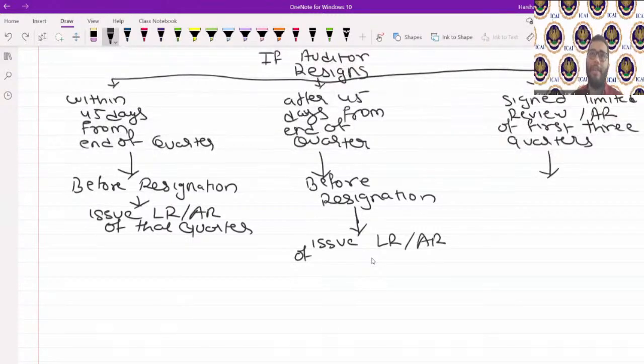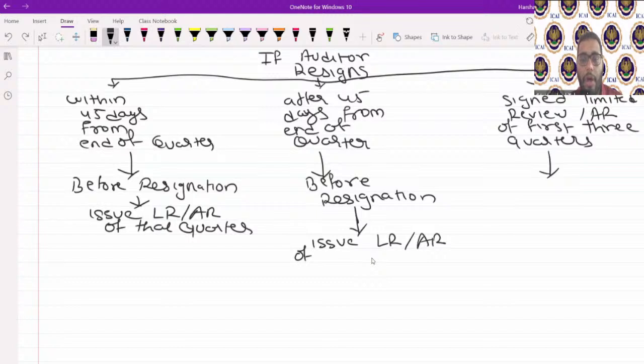So let's say the auditor is resigning after 45 days of your September end. So the September quarter is gone. So the auditor, before resigning,